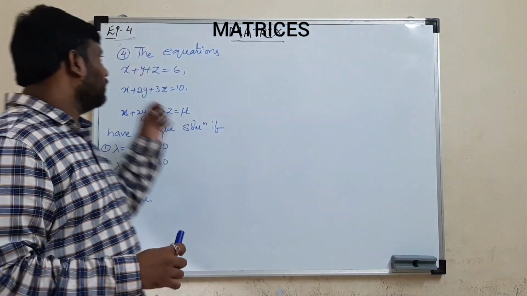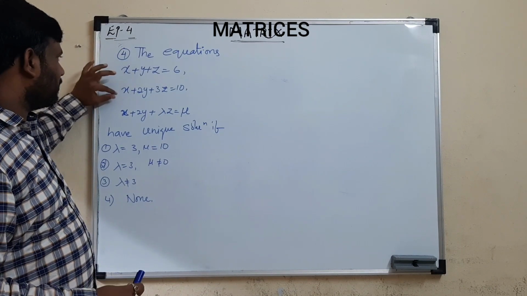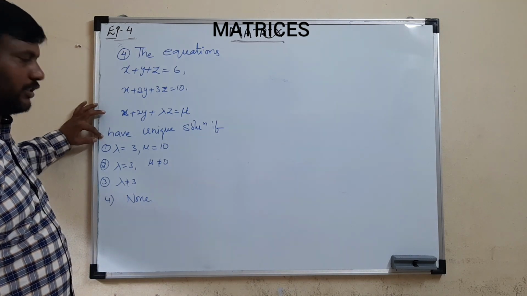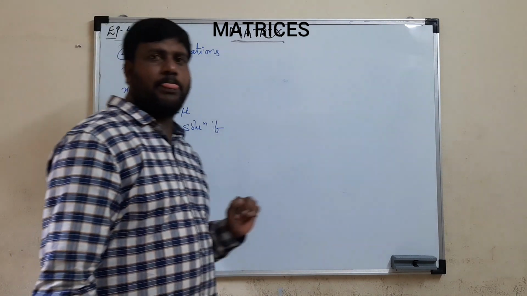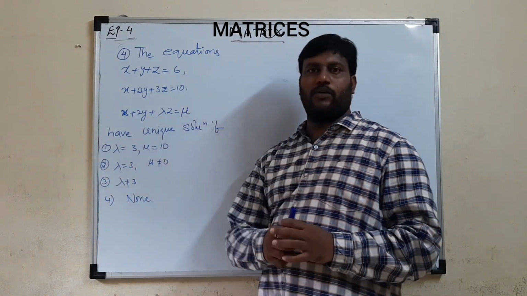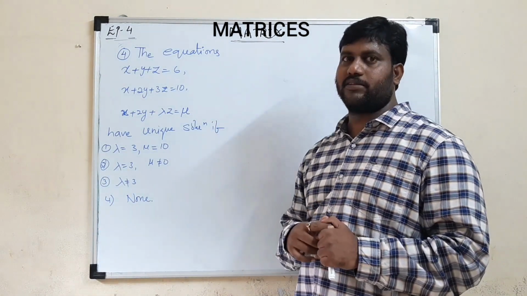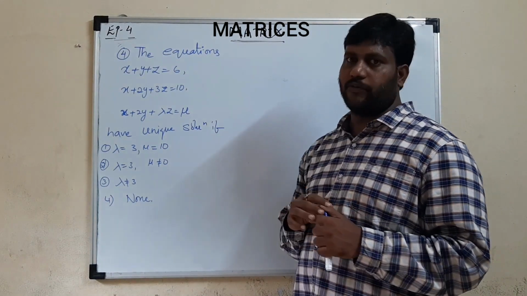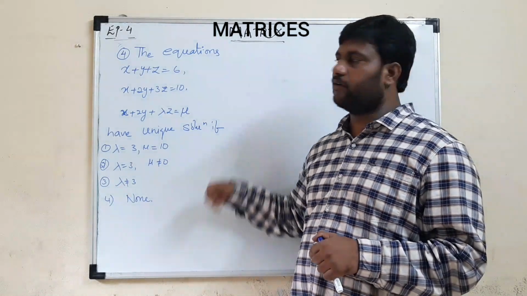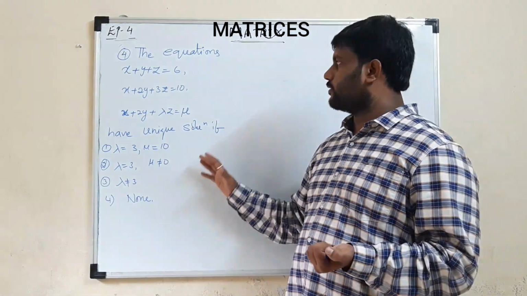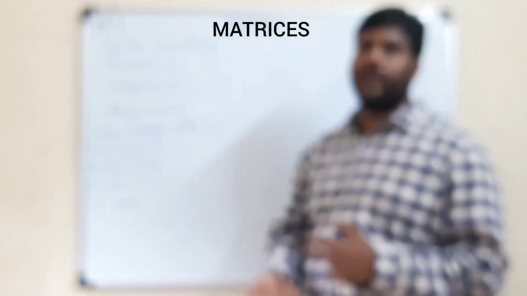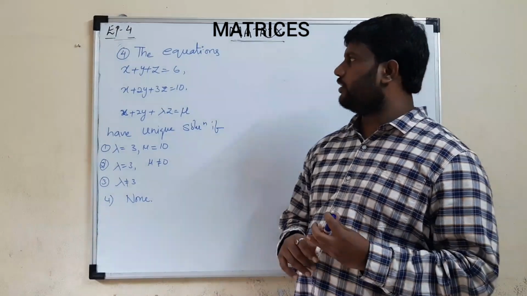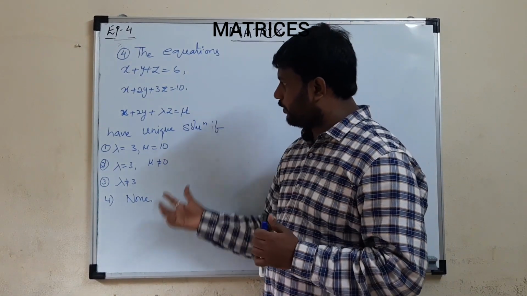Students, next question. The equations x plus y plus z equal to 6, x plus 2y plus 3z equal to 10, x plus 2y plus lambda z equal to mu have a unique solution if, the options are given. See, at board level you have to solve the equations using matrices, but in most cases such questions are not given directly in MHT-CET or JEE. Why? Because if the options have x, y, z values, we put them in and get the answer, right? So that's why they give questions like: have a unique solution, or infinite, or consistency or inconsistency. Based on that, they have the questions. That's very simple. So I use a technique here, so we want to show this.